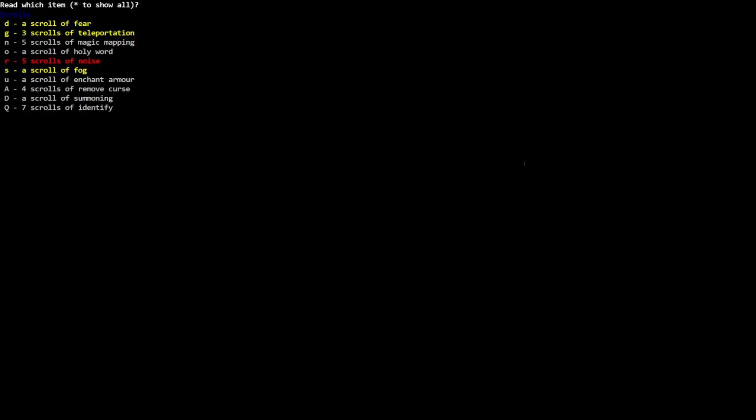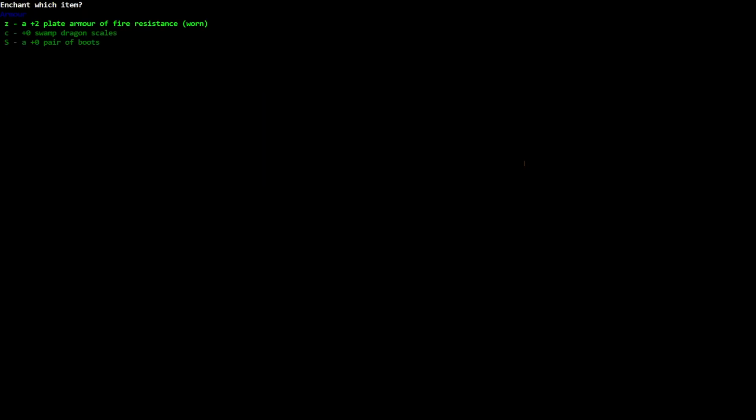U, a scroll of enchant armor. I could pause while I do this and go through lists of items on the ground if there's a bunch, but I don't want to pause a lot of the time, just times where it seems to help out. Enchant with item, armor. Z, a plate armor of fire resistance. C, swamp dragon scales. S, a pair of boots. I thought I had boots of...